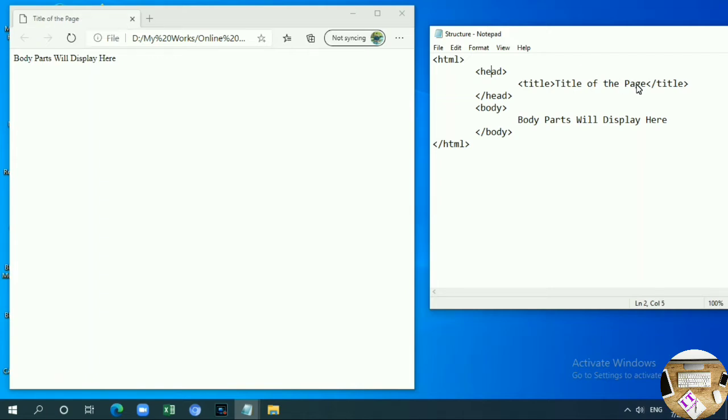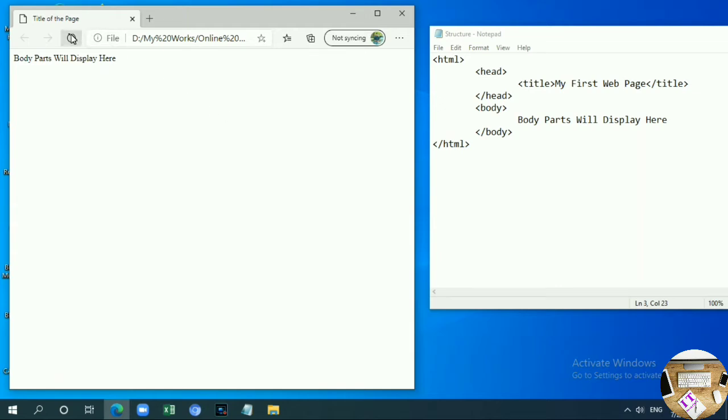If I am changing here to any other name, look, I am going to change it to my first web page. Look, then I am clicking the save button. When I saved, look, there's no change.